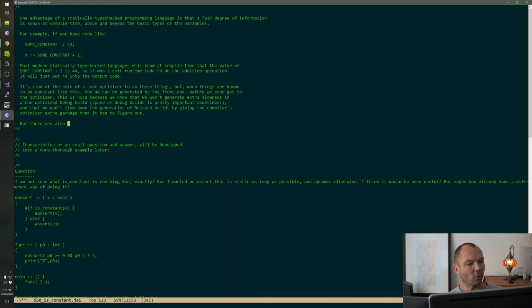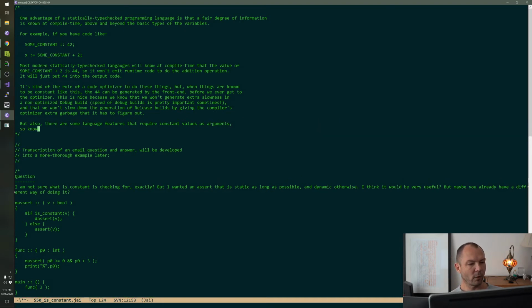But there are also good reasons to know whether something is constant. There are some language features that require constant values as arguments. So knowing whether something is constant helps you